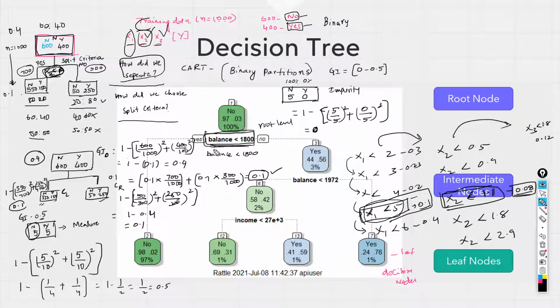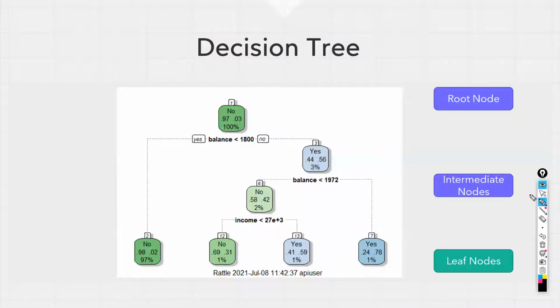Choosing a split condition will vary depending upon the variable that we have at hand. Let me redo this with another example so that it will be slightly easier for us to understand. We have a root node. My root node split is 60%, 40%. 60% belongs to no, 40% belongs to yes. My root node Gini index roughly is 0.4. I have variables x1, x2, x3, and y.